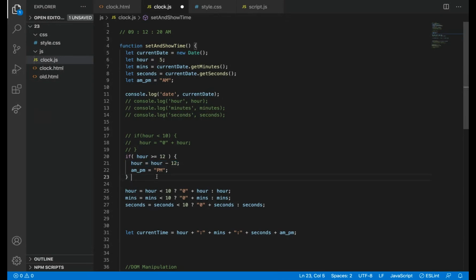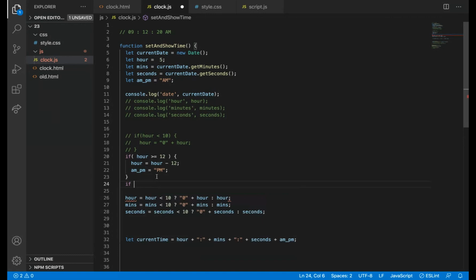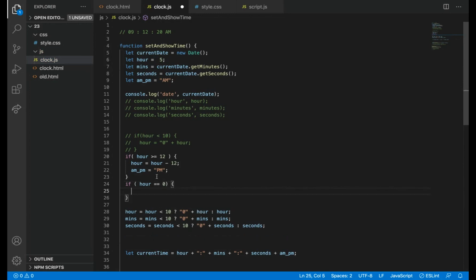So I'm going to write another condition. If my hour is... nope, nope. If I do it like this, 12 o'clock morning also will get changed.